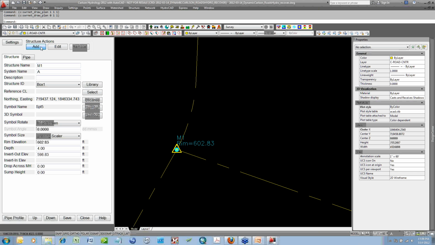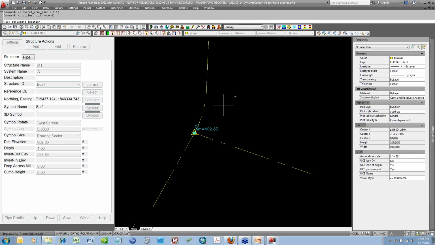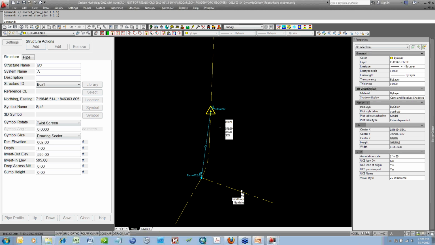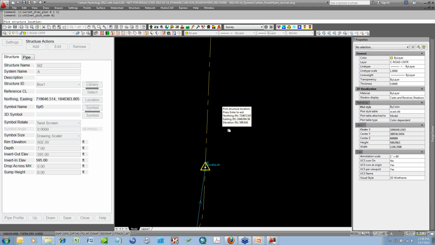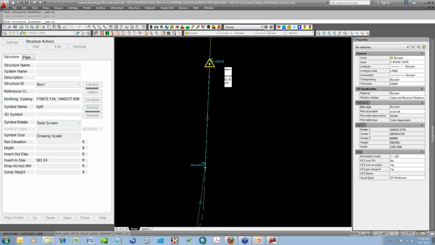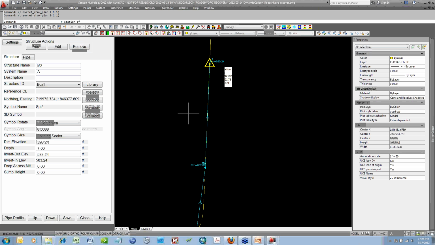And I'm going to pick add. And by pick point, just kind of move up the street. Snap to a nearest, just get it right on the center line. And again, it's put that in right at my surface elevation. I'll just do one more. And pick here. And we'll close this